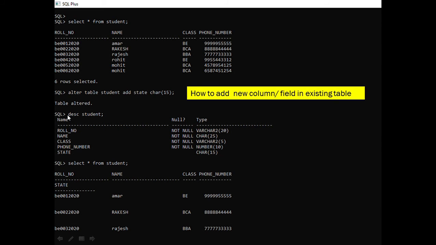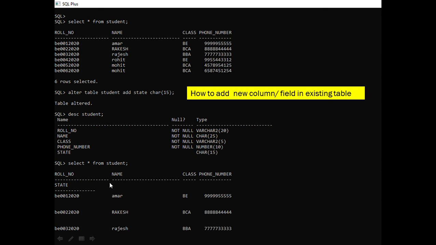Now you can see by this command, describe student, student is my table name. Now roll number, name, class, phone number and state are added in my table. Now you can see select asterisk from student, roll number, name, class, phone number and state. Here you can see it is scattered, the state is below the roll number, here is name, class and this one.